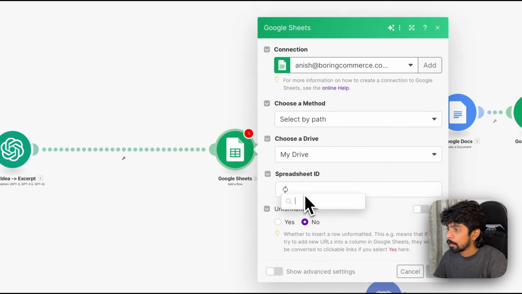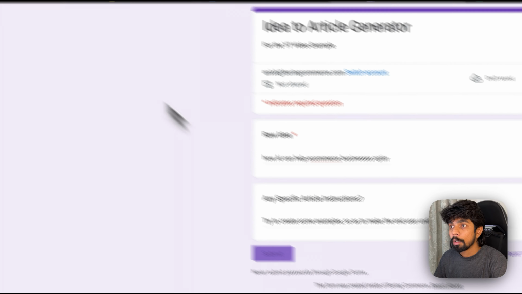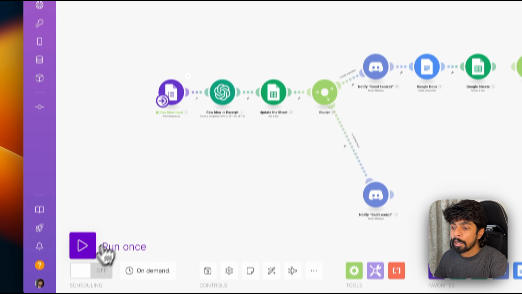Okay, and this is our idea once again. This is our article specific instructions. What we're gonna do is, I'm not using the scoring system in here right now, but we can do that depending on if you want to score. In this case, I don't really think scoring is required because we're sure that ChatGPT will be good enough. So we'll just run this once with